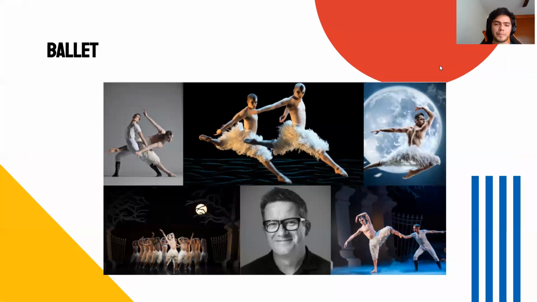The day three first activity was about ballet. We saw three different variations of Swan Lake, and I chose two. This one is a modern type of Swan Lake, where the main character is the prince, and they seek freedom and love from his family. I think it's a really modern way of seeing Swan Lake.